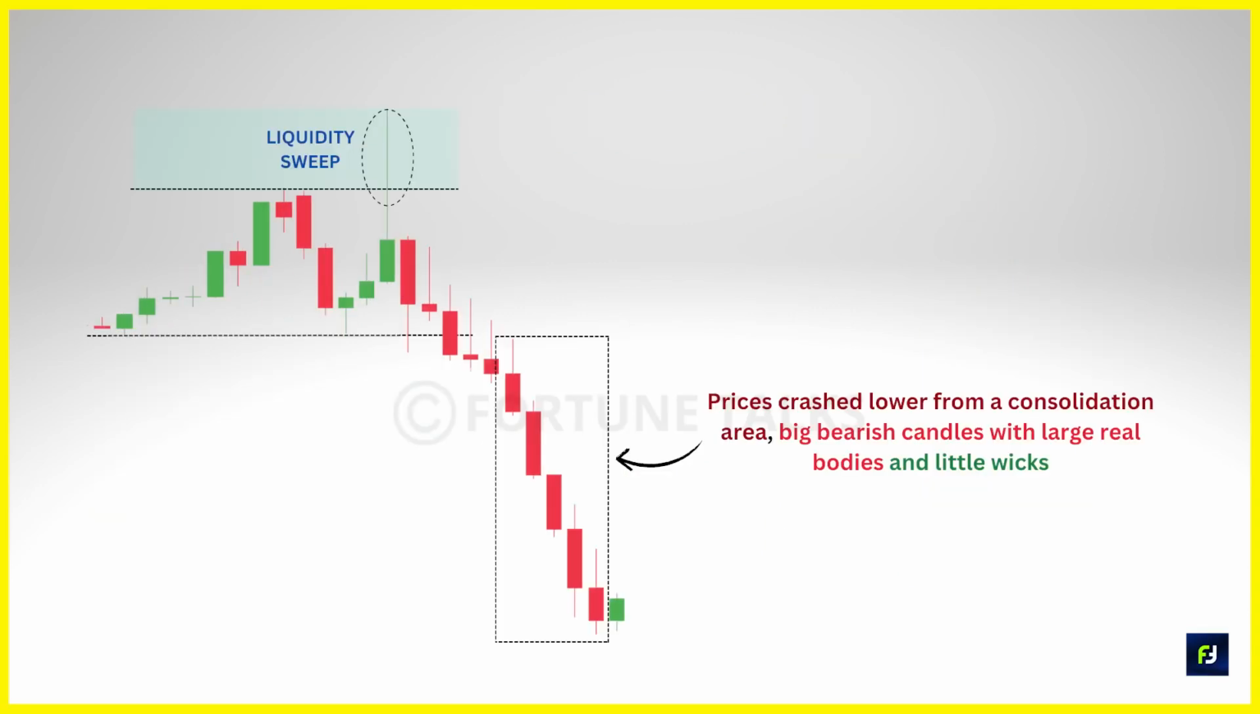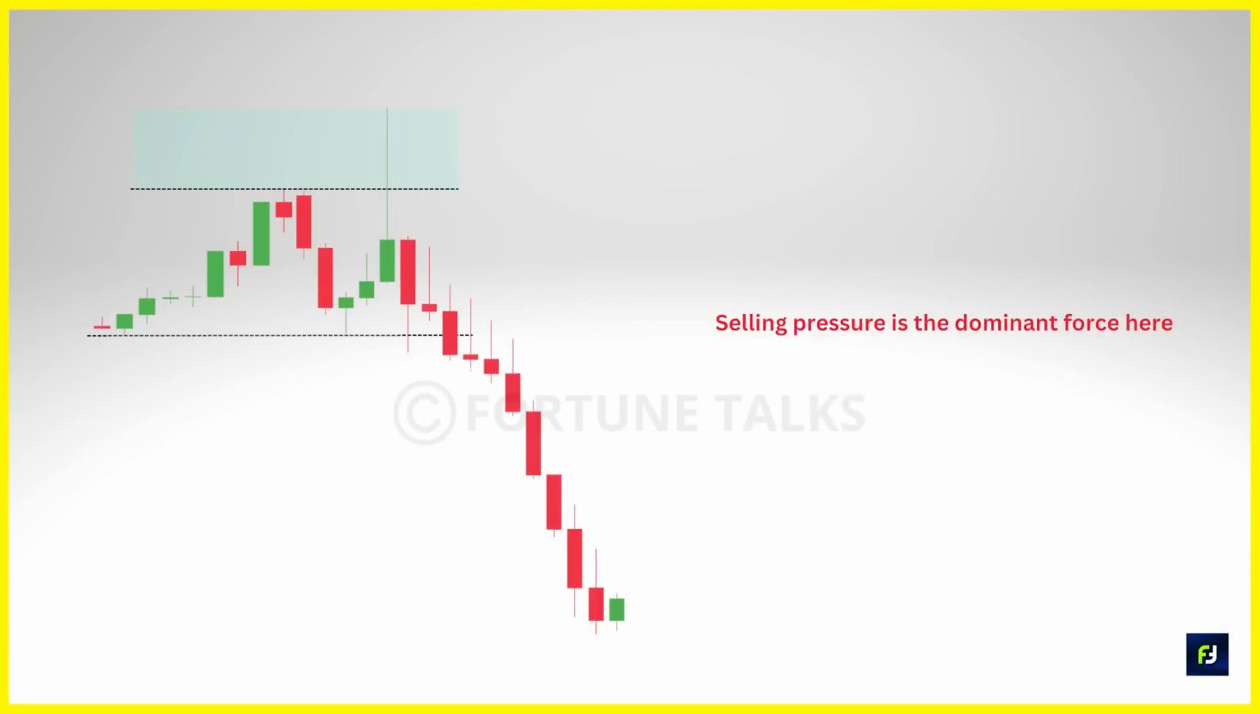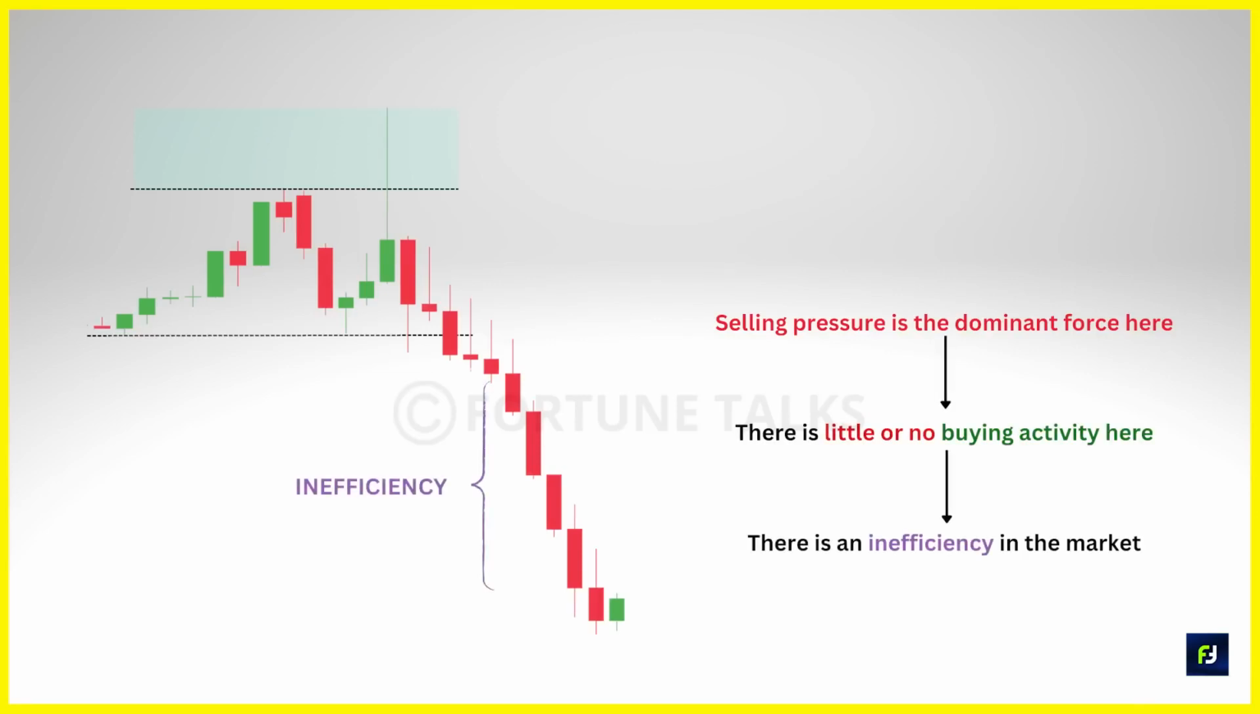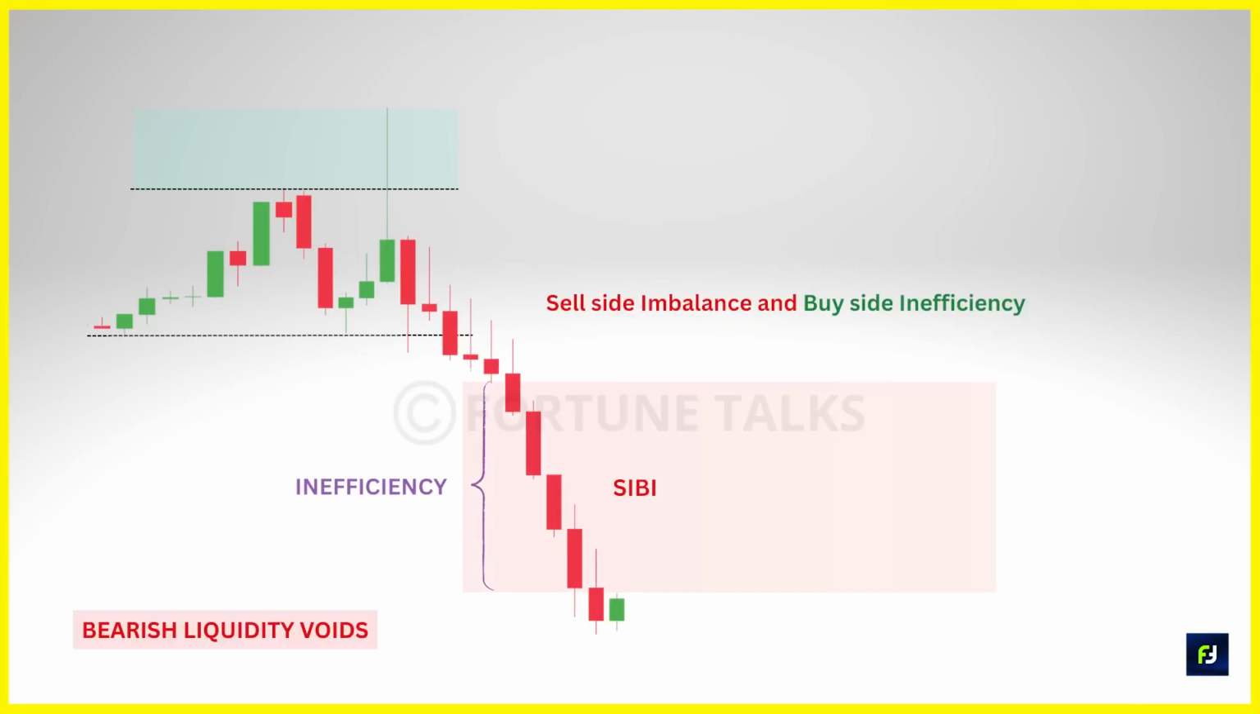Here, you can observe how prices crash down from a consolidation area. The price formed a group of big bearish candles with large real bodies and little wicks as it moved lower. Clearly, the selling pressure is the dominant force here. There was literally no buying activity here. This means there is an inefficiency in the market. This is a typical case of sell-side imbalance and buy-side inefficiency, or in short,